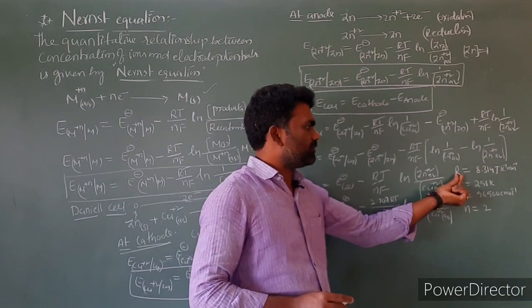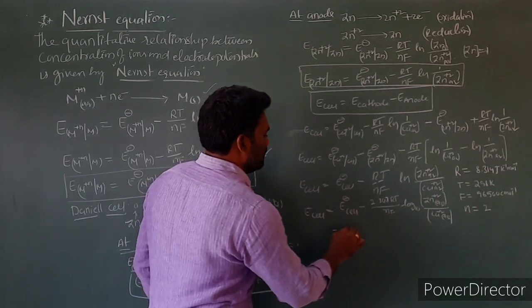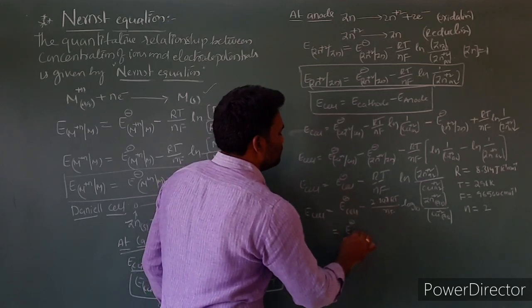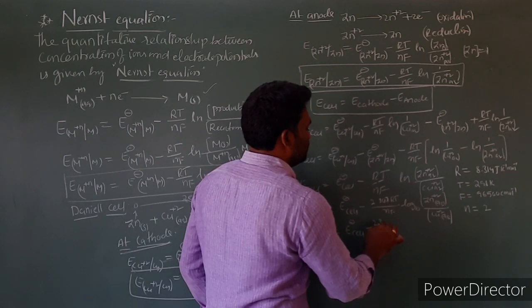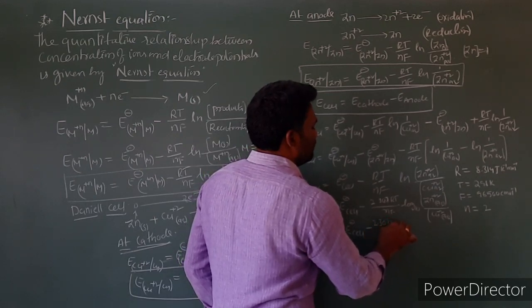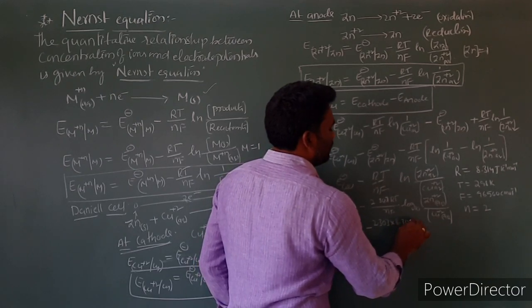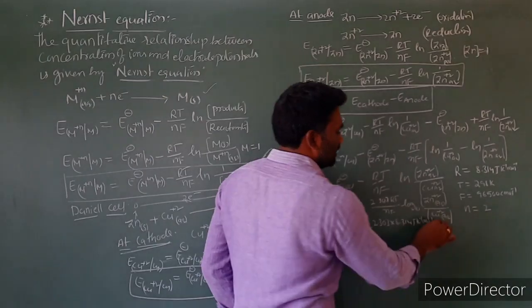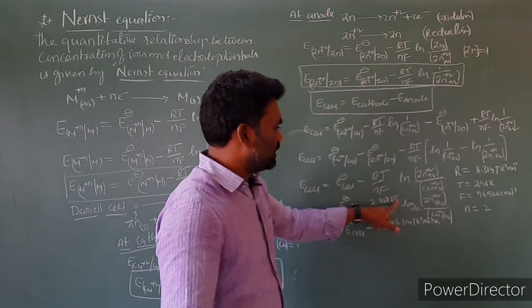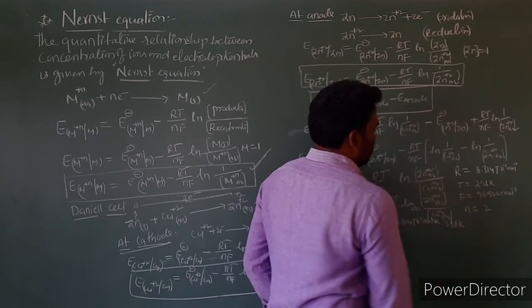Then substitute the values of R, T, F and N in this equation. Then you will get E standard cell minus 2.303 into R, which is 8.314 joule Kelvin inverse mole inverse, into temperature 298 Kelvin, by